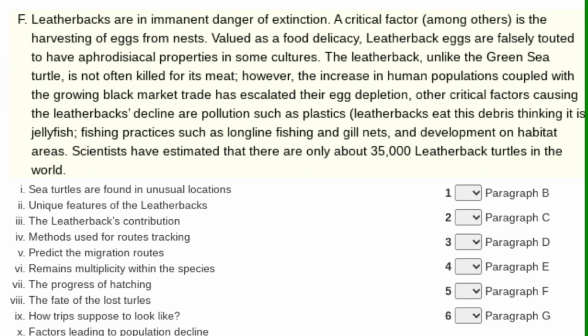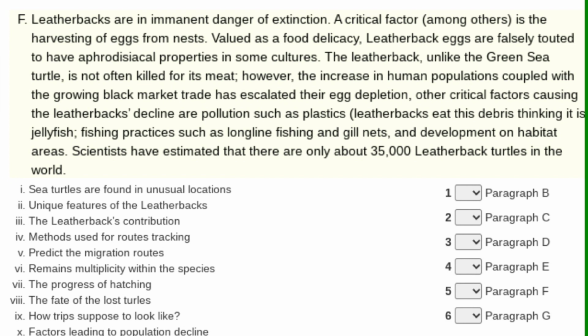And on the left-hand side of the page, under the paragraph, we have a list of our potential headings marked in Roman numerals 1, 2, 3, 4, 5, etc. And remember, in this question type, when it's this way round, where the paragraph is a question, there are always more potential headings than there are paragraphs. So there will be some headings we will not use as an answer. As you can see here, we have 10 potential headings and 6 questions, 6 paragraphs we need to match to